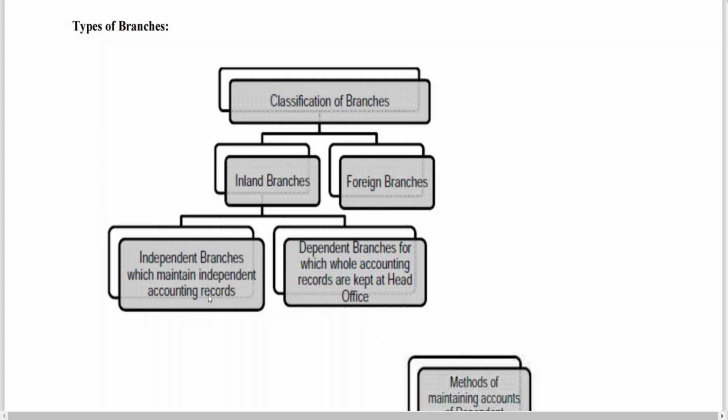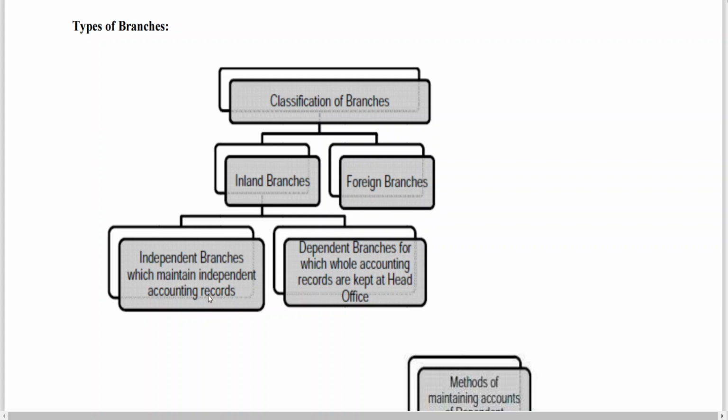But generally, who prepares final accounts? Head office. But ledger accounts are maintained by whom? Branch, because numerous transactions are there. So the branch maintains the ledger accounts and then submits the list of ledger balances to head office. Then head office, after looking into it, will incorporate those ledger balances of the branch into head office books, and then prepare final accounts.